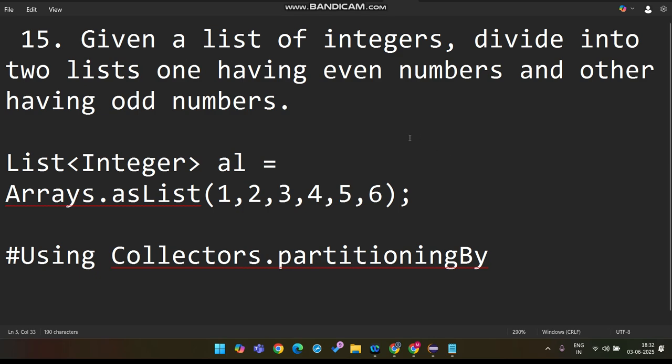Hey, hi all. So I'm back again with another question of the Java interview series. Today we'll be mainly focusing on a Java interview question, and this question is that we will be focusing on